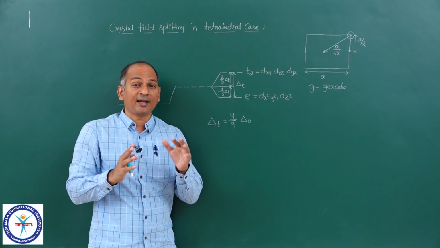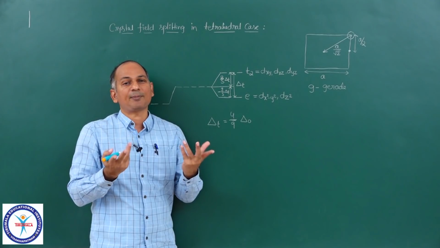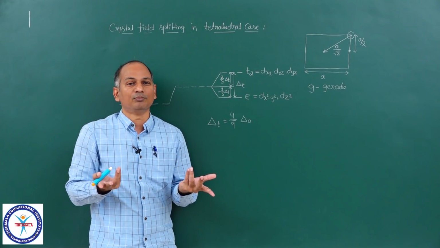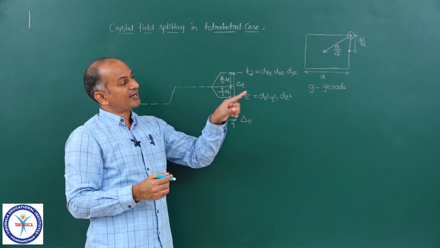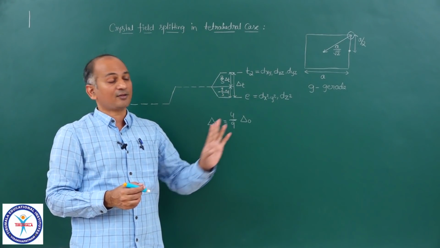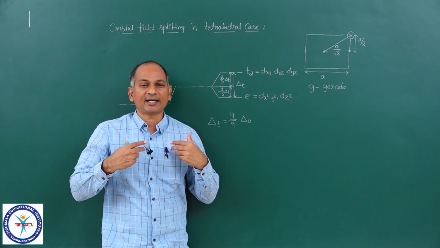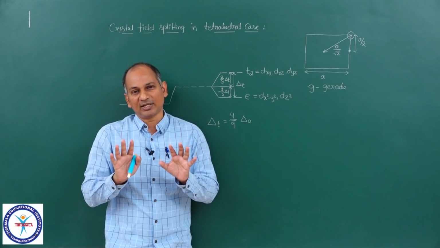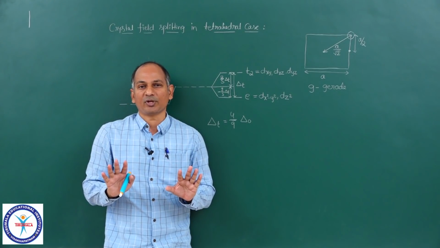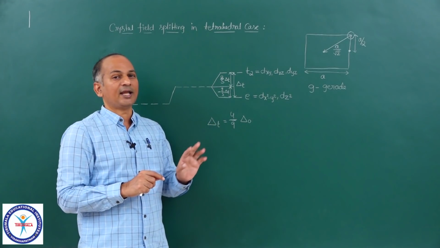But in tetrahedron, number of ligands is lesser. Actually it is only 4, and ligands are not approaching directly towards any lobe. See, one type of lobe is towards face center, another type of lobe is towards corner, edge center, but ligand is coming towards corner. So it is not directly coming in the direction of any of the lobes. So repulsion is naturally lesser. There is no doubt about that. So all of you remember, roughly it is 4 upon 9 times delta O.